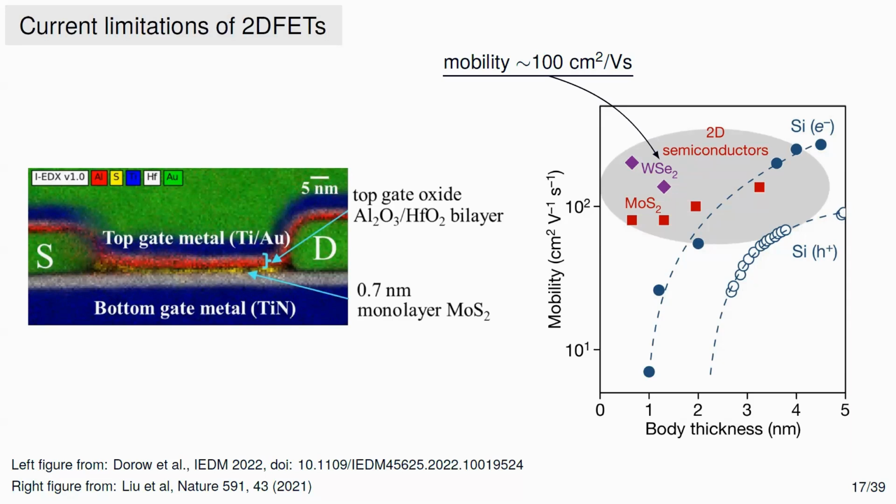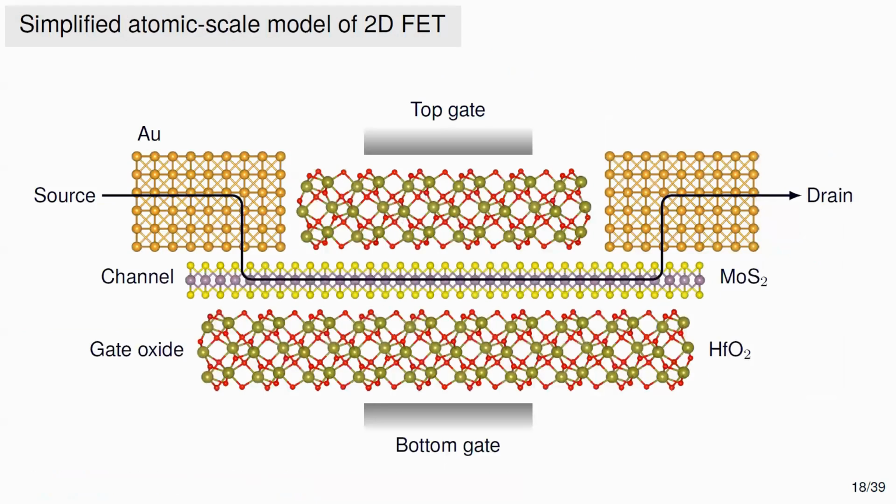So it seems like despite the enormous amount of work on two-dimensional materials that has been happening in the past 15 years, people could not find two-dimensional materials that can deliver extremely high mobilities that would be worthwhile, that would be enough to justify replacing silicon in production lines, essentially, okay? So the question we had from our partners in this consortium we're working in was: can you do something about it? Can you give us some guidelines on how to design materials that could have higher mobilities? And can you maybe try to model entire transistors? And then we can try to bring that together with experiments and come up with new solutions.